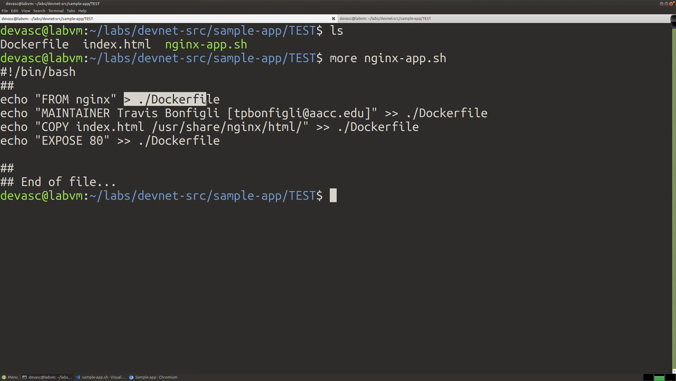And the reason I say it's going to rebuild it is because you can see right here, the very first line of this bash shell script is redirecting and will overwrite, if it is there, because it's a single greater than sign, the Dockerfile. And I'm going to show you an example of that. So if I run this right now, let's go ahead and say